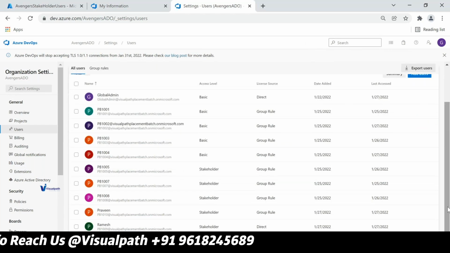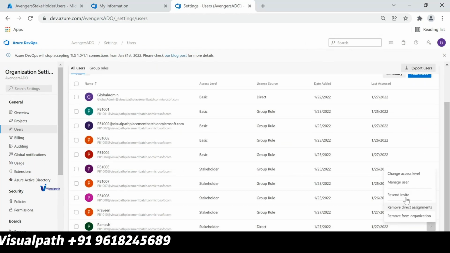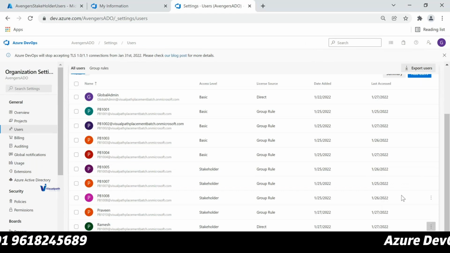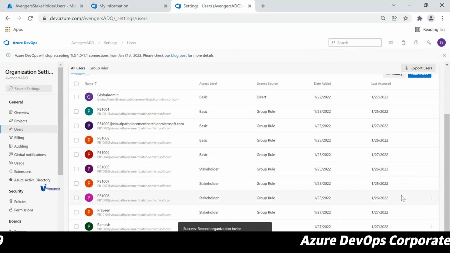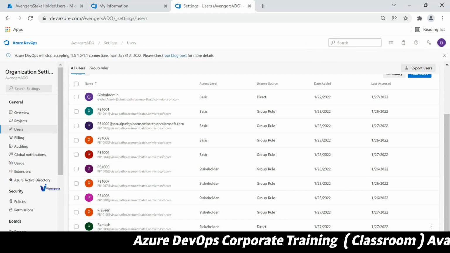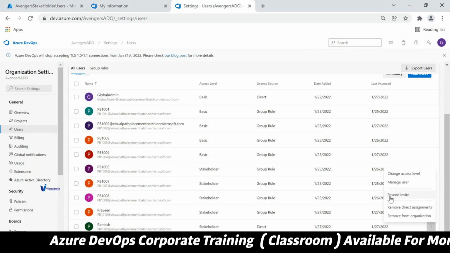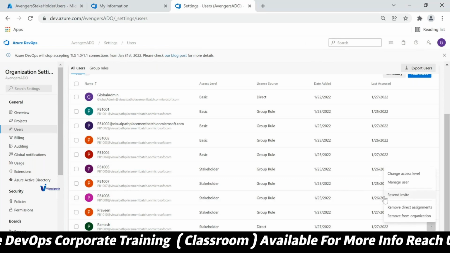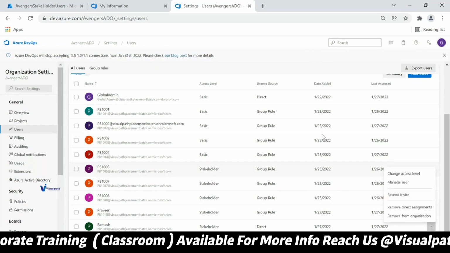Let me tell you. Here you click on resend invite. So what happens when you click on resend invite? When you click on resend invite, you are going to get this one. Basically, let me